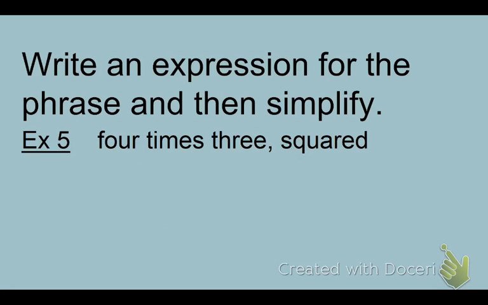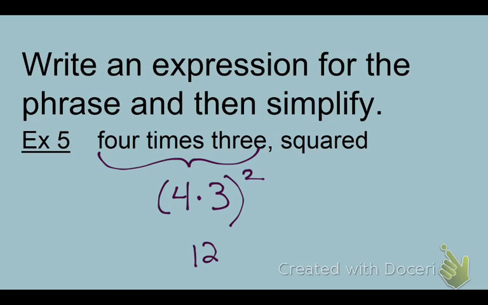Let's write down these directions. Write an expression for the phrase, and then we're going to simplify. The first example 5, 4 times 3 squared. We're going to figure out what commas mean in mathematical language. So here we go, 4 times 3 squared. If I see a comma, that's sort of like my parenthesis. So that means all this gets into a parentheses, 4 times 3. And then all of that gets squared. That's what we're looking at. So I'm going to do the parentheses first, and then I'll square. Which you know 4 times 3 is 12. And if I square it, I'm now at